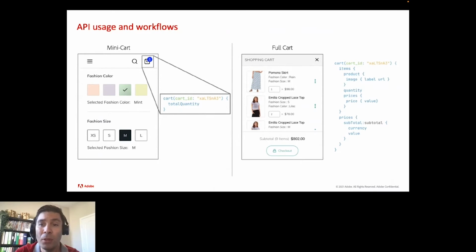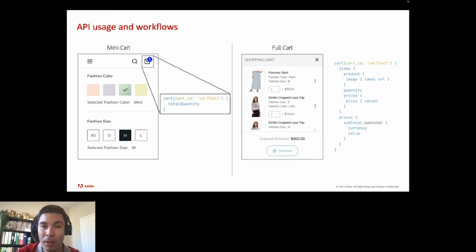The way you compose the queries and the data you use can directly impact the experience of your end user. The backend has to account for all of that. So it is important when you customize your API to take that into account. Take the minicart, for example, which I highlighted here on the left. You only need to do a very simple query to render it. But it has to be rendered on every page.